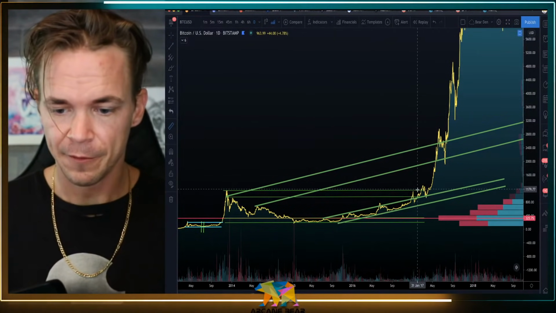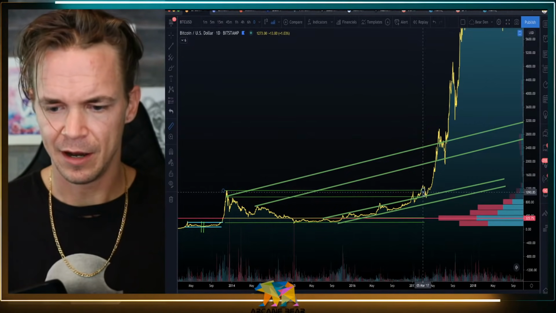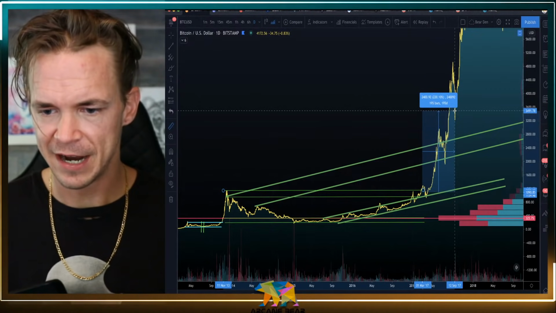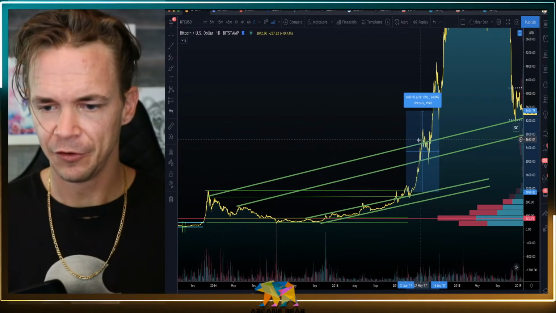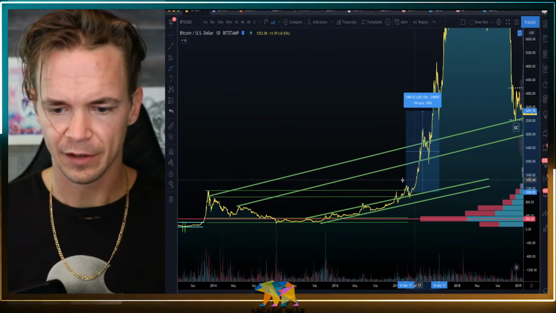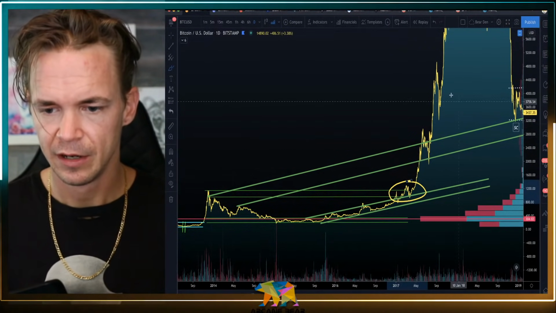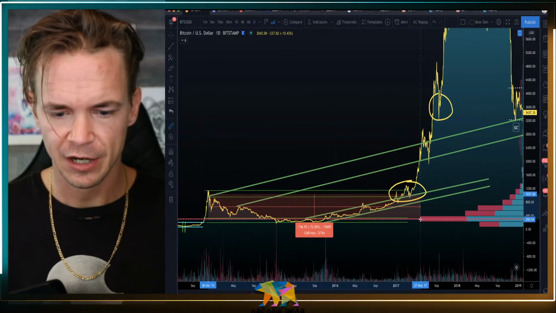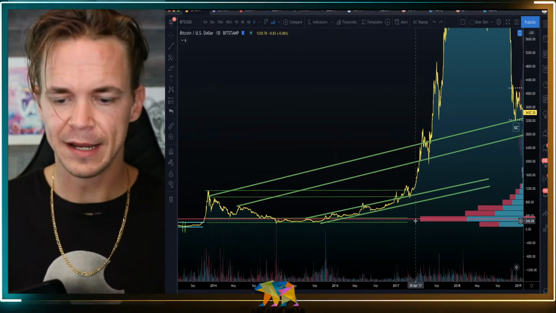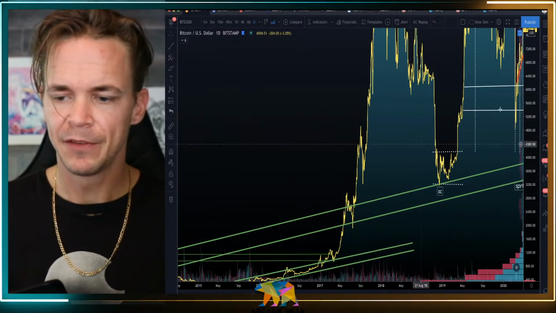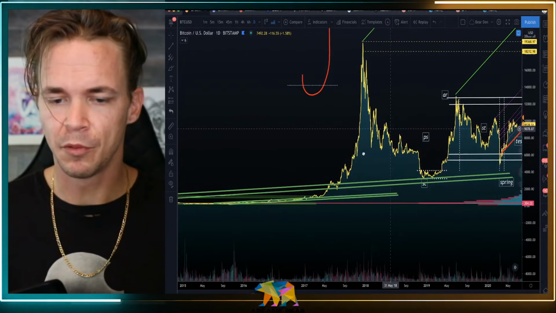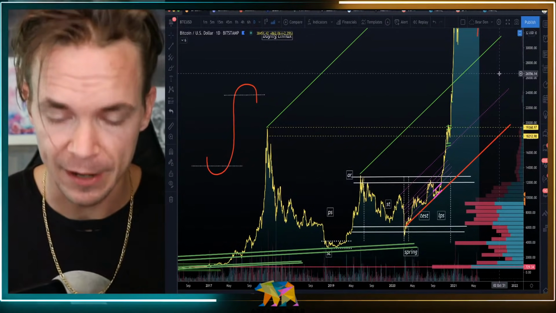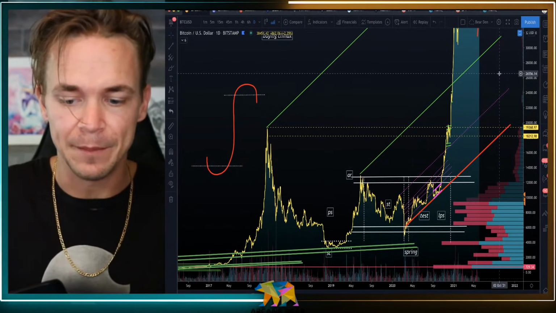For a fact, from the day that we left the first trading range to basically where, let's go to 190 days, is almost identical to where we are now. So here we can see we left the trading range of our Wyckoff accumulation strategy here. And then 200 days later, this is where we were. Now, it's key to note that this accumulation range is around 1,200 days. It is almost identical in time frame. And when you're thinking about the nature of scale invariant functions, time is so important. This is why we use linear charts, not logarithmic charts, is because we don't care what the price percentage is. We care about the duration of the time within each of these processes.